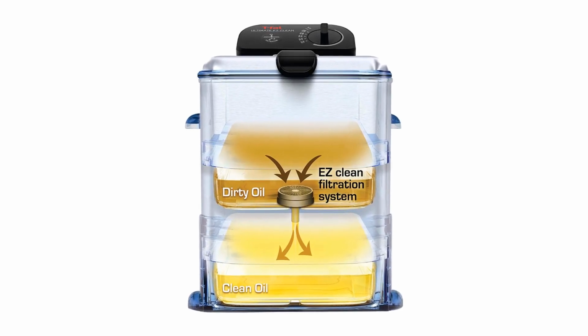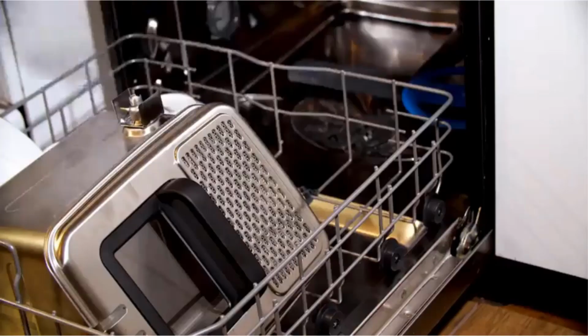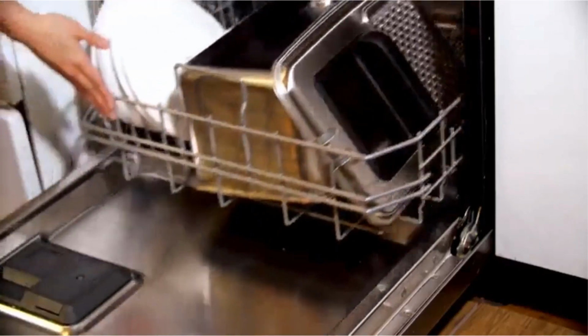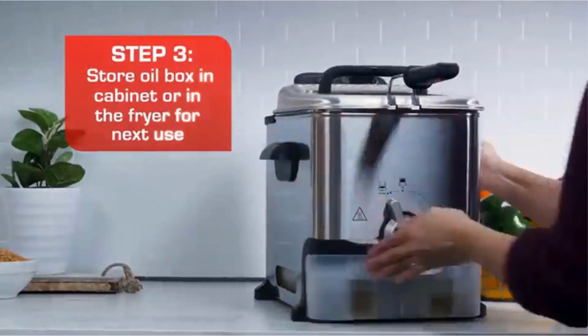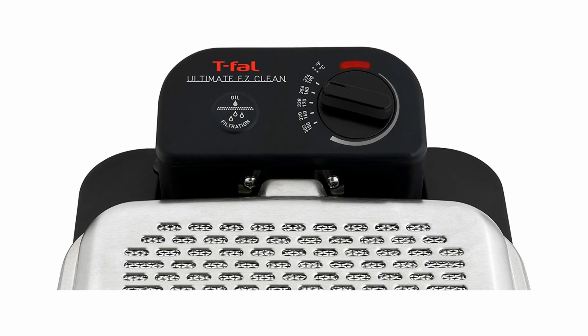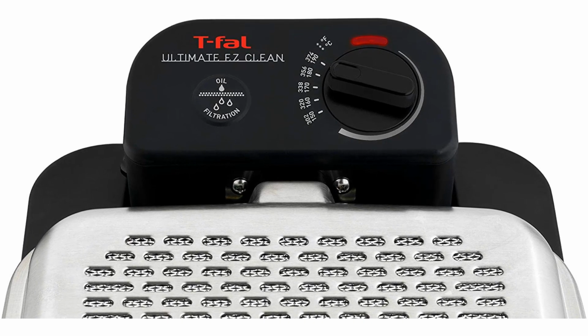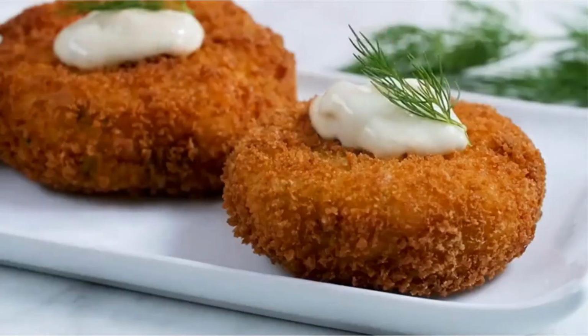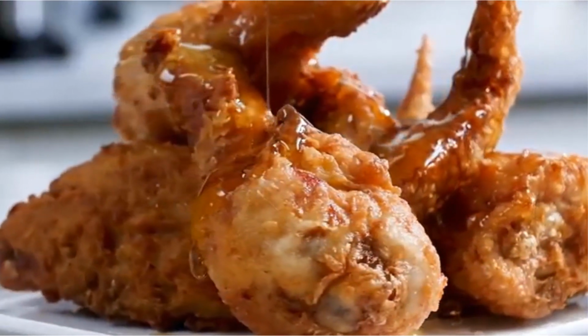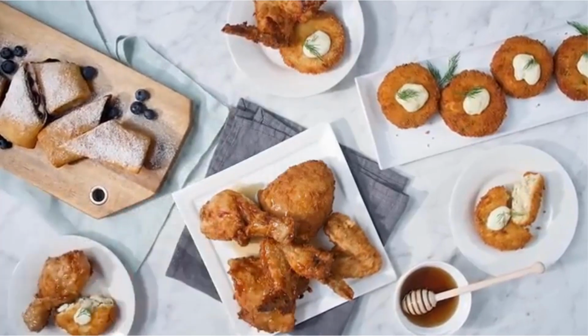The deep fryer has an automatic one-step oil drainage system that drains and stores the excess oil away from your food in a pull-out container. You can control the temperature with the adjustable thermostat, and the fryer has a viewing window on the lid. The large Stay Cool touch handle is easy to hold and protects you while you lift out the fried food. There is no mess or fuss with this fryer as the unit's parts are removable and can be washed in the dishwasher. Number 2. DeLonghi